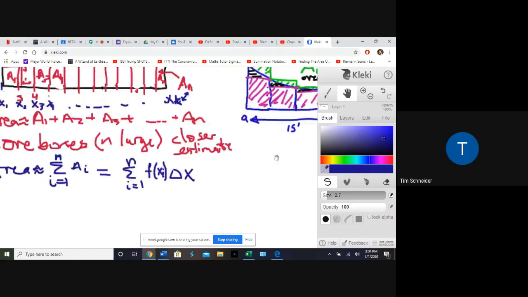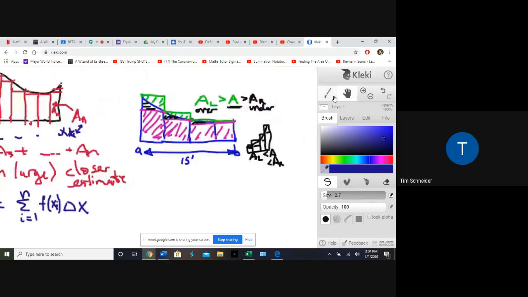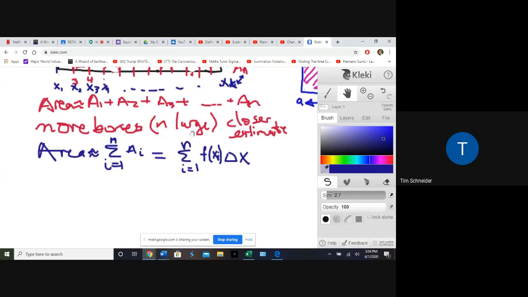So one of the things I wanted to show you guys was that we're not going to do a lot of the math in this video. I just wanted to show you the overview, and then the connection back to calculus, the big spoiler, is that if you want the area exactly,